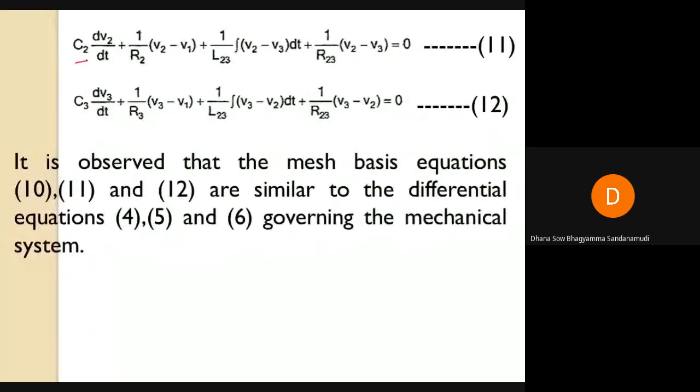Due to C2, due to R2, due to L23, and due to R23, the entering currents. These are all the entering currents due to the capacitor, the resistor, the inductor, and this resistor. All the currents I am assuming are entering, and the source current at that node is 0. So the algebraic sum of all the entering currents equals 0, according to Kirchhoff's current law. Similarly, consider